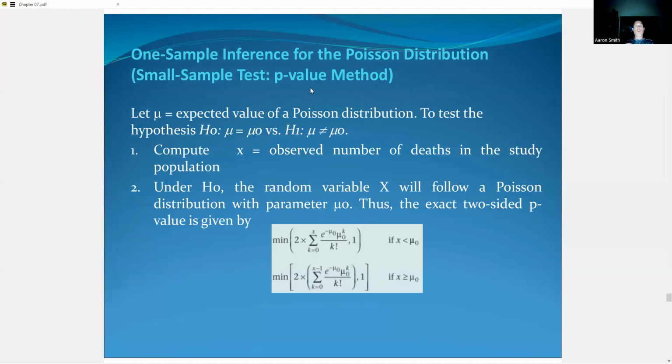Now, one sample inference of the Poisson distribution, small sample test, p-value method. Well, then here, what we're going to do, we're actually going to compute the p-value, which means we have to do a bunch of number crunching. This is easy peasy if I'm using R, because I can use the pPoisson function. Let mu equal the expected value of a Poisson distribution to test the hypothesis that mu does not equal mu sub 0 versus mu does equal mu sub 0. I'm going to compute